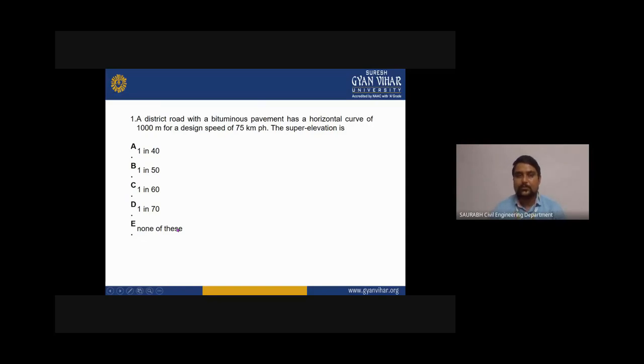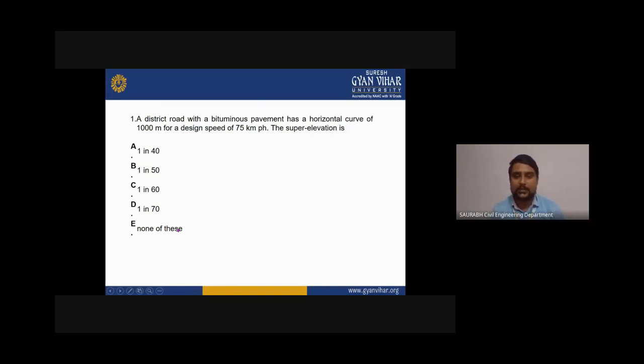Now we will come to the MCQs which are related to road pavement. This is a very important question which may be asked in your weekly test, and it may also be asked in government exams. If you are sitting for the GATE or the SSC JEN exam, then you have to remember these types of questions, because they have been asked in government exams.